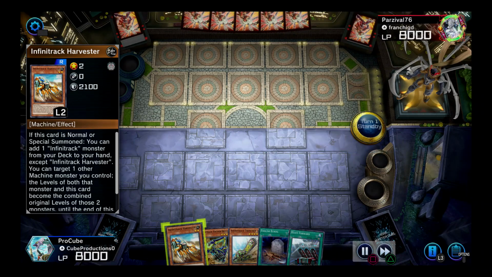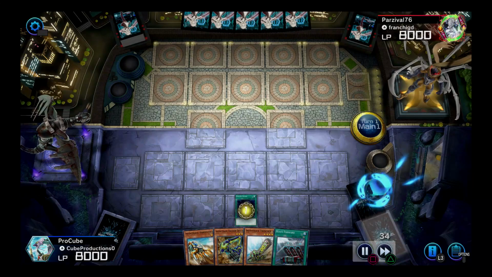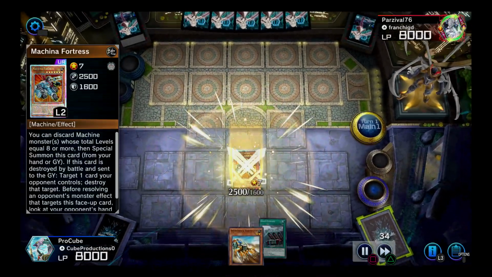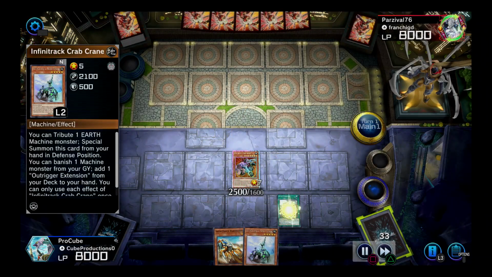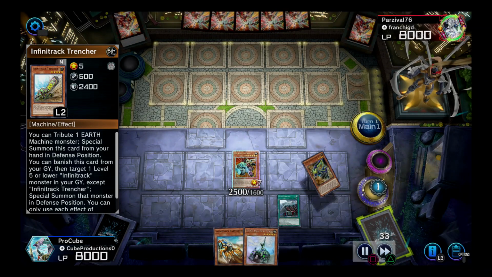In this first duel, we got an amazing starting hand, so we're going to use Foolish Burial to send a Machina monster from our deck to the graveyard. Then we're going to tribute 2 monsters from our hand, so we can literally special summon that same Machina monster. Then use Heavy Forward to add the really good Infinitrack monster, and then we're banishing Infinitrack Trencher from the graveyard,